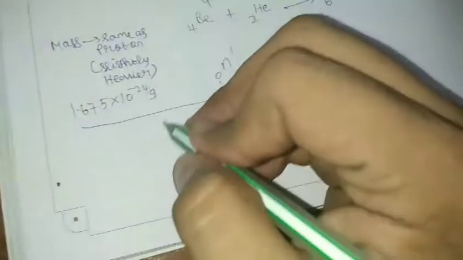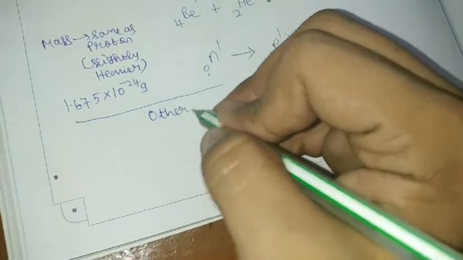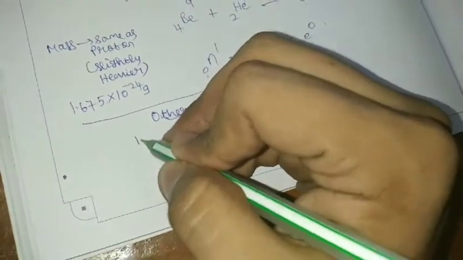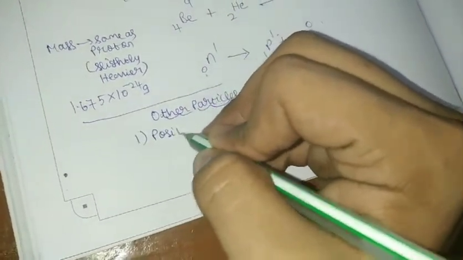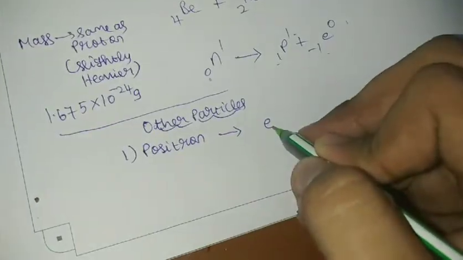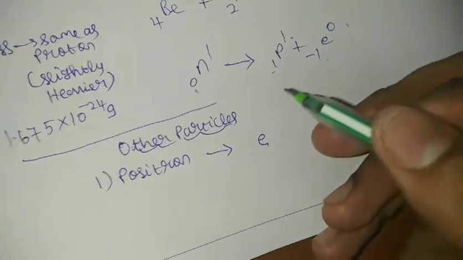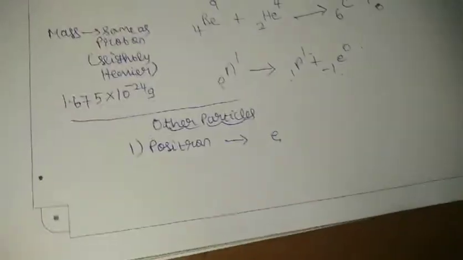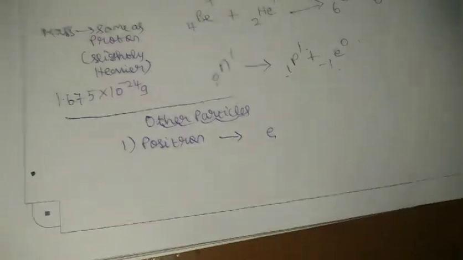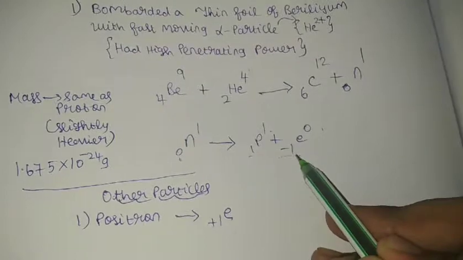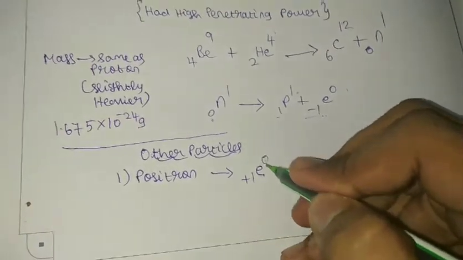Okay, so other particles, if you see, you can say positron. What is positron? Basically, this is electron only, but it will have a positive charge. So everything is different when you think. In chemistry I would say, do not generalize anything. I keep on saying that. So positron is electron with a positive charge. Electron we see generally has a negative charge, right? So the positron has a positive charge and no mass.